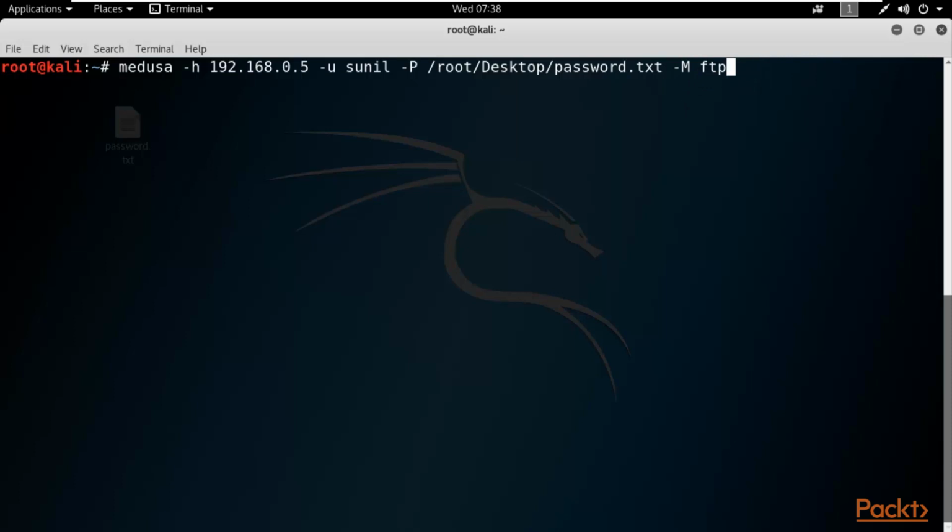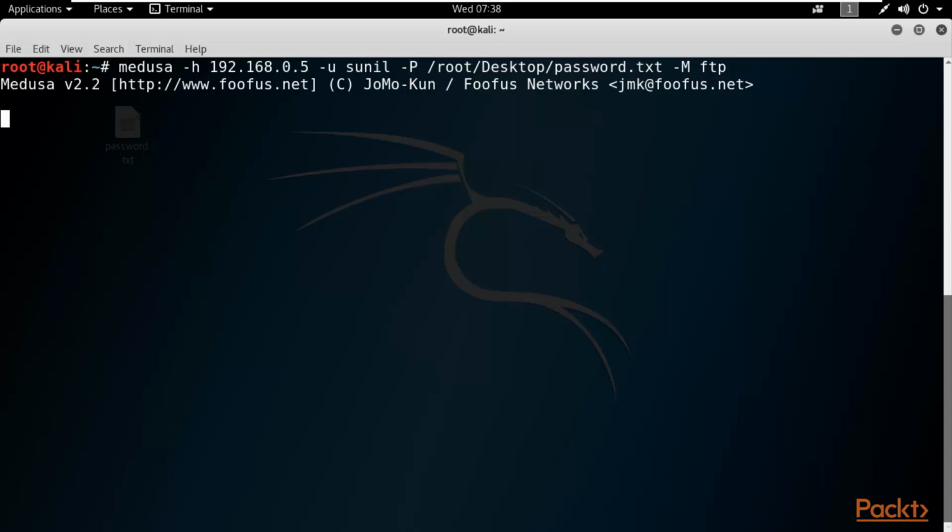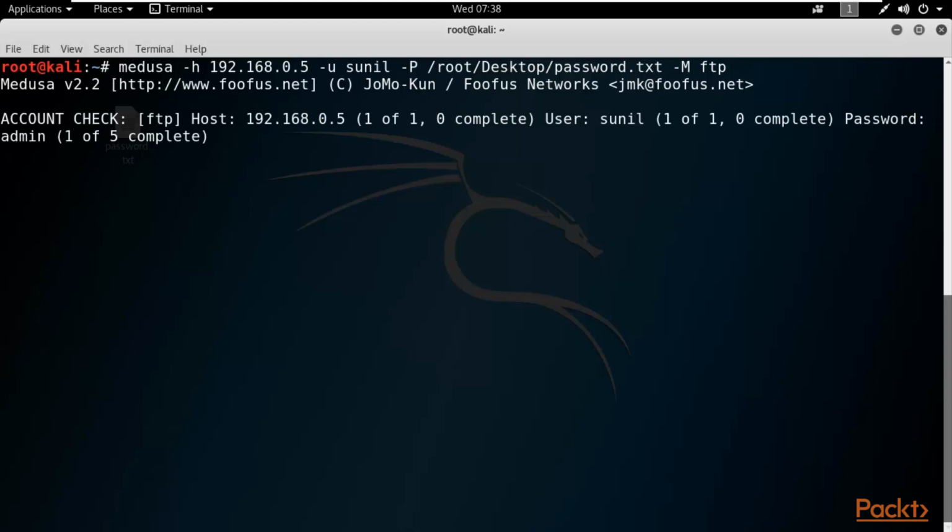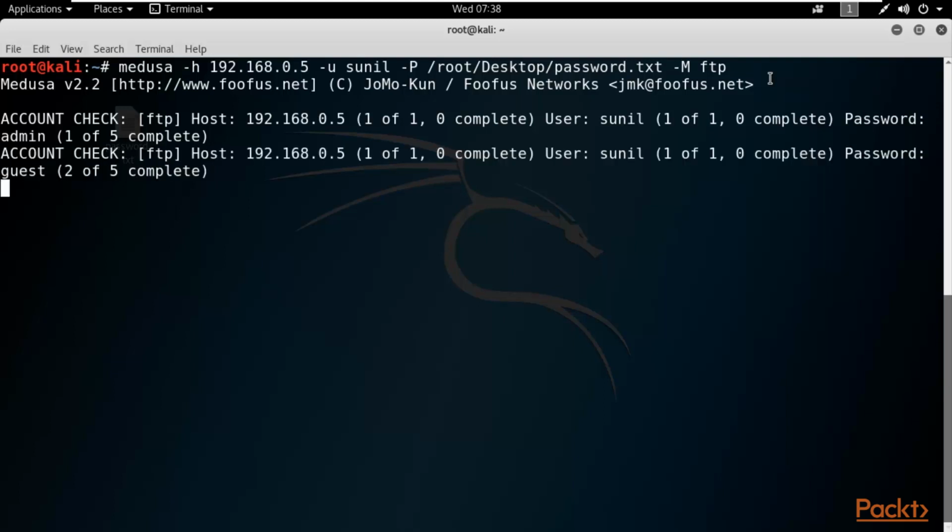And now you can hit enter and just wait here. So now it will perform basically the brute force attack on file transfer protocol inside Windows 10 operating system. Here you can see that now it is checking one by one. It is not as fast as Hydra tool. Hydra is the fastest, but this is not as fast as Hydra, but it provides reliable result, right? So if you want to get reliable result, if you don't want to get any fake result, this is the